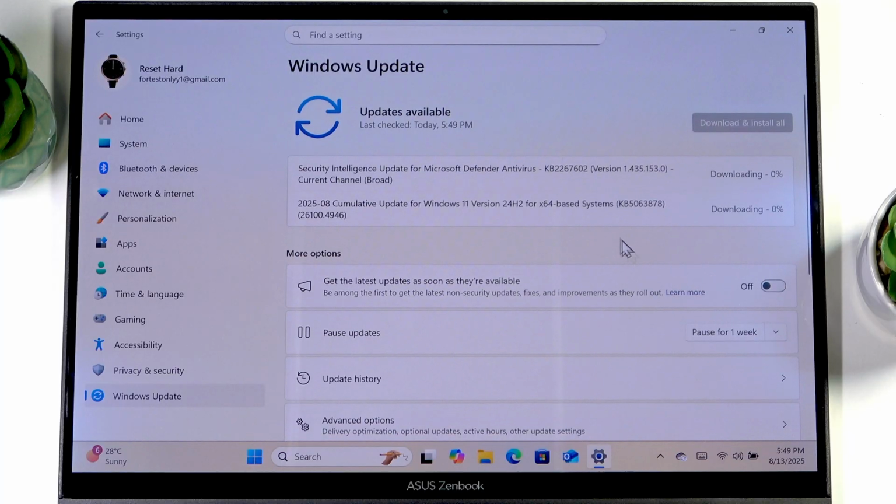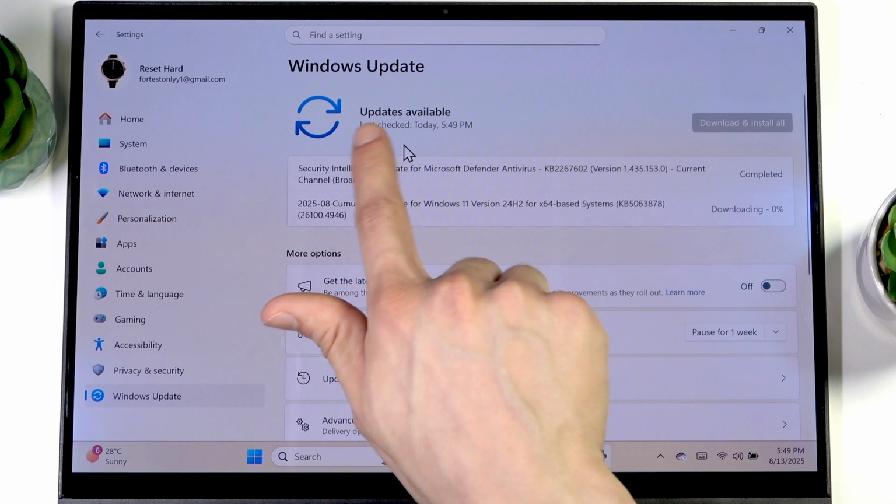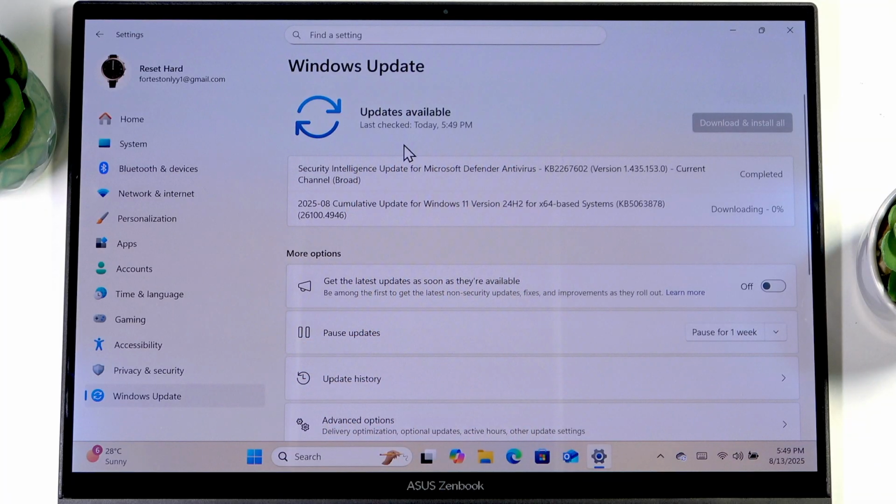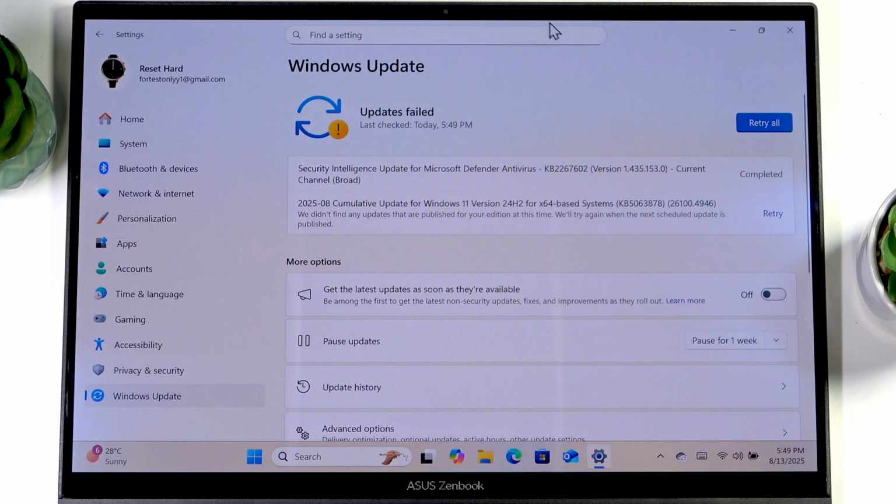Now, if Windows finds any updates, it will start downloading and installing them immediately, and if you'll have to restart your computer after the update is installed, you'll be notified right here. You'll see the text that says you have to restart your computer, and you will also get a notification if you